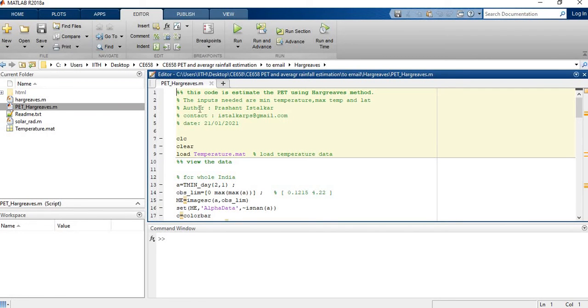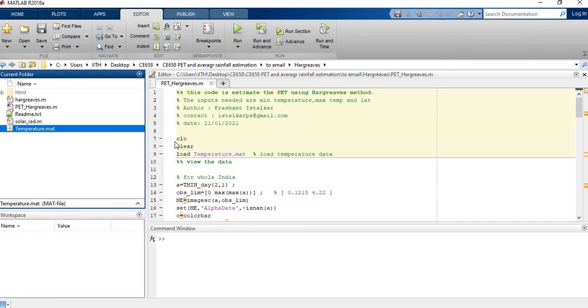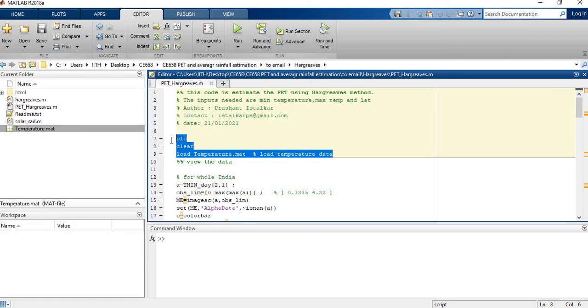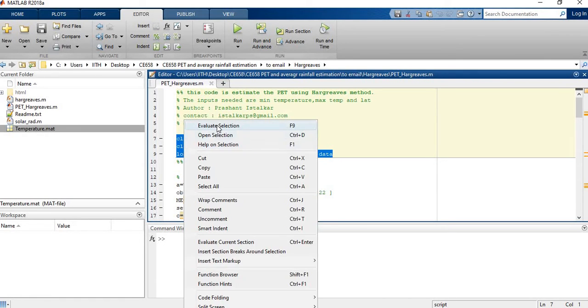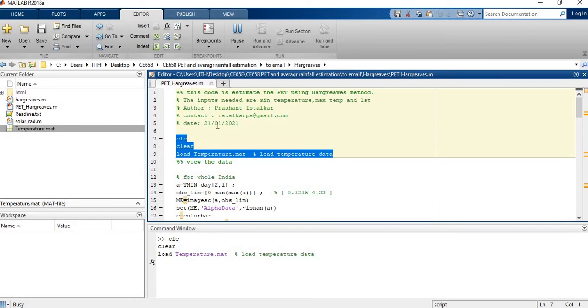For the demonstration purpose, I have downloaded the data for whole India for the year 2017 from the IMD website, and I have saved that data in a mat file, that is temperature.mat, you can see here. Now I'm going to load this data. Select lines 7 to 9 and right click, evaluate selection. This will load the data for whole India for year 2017.